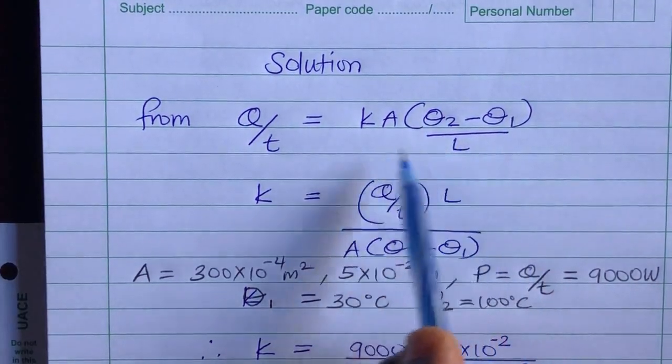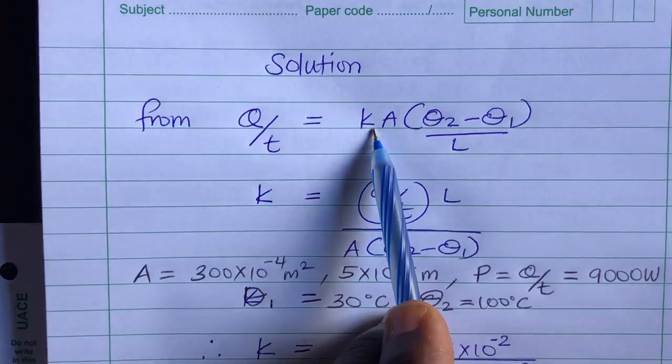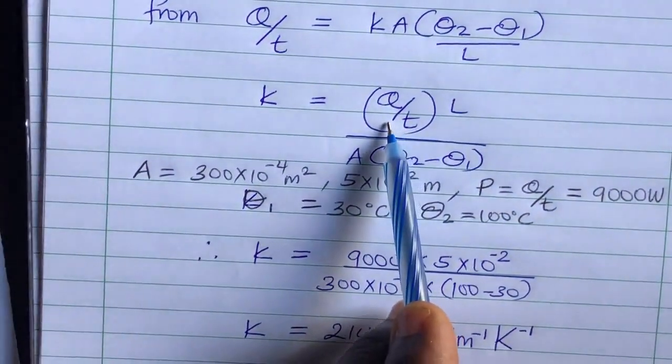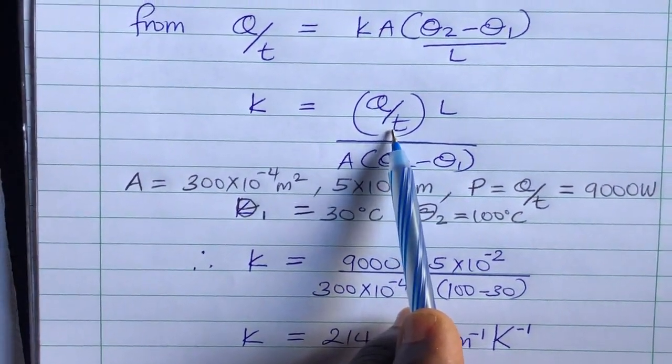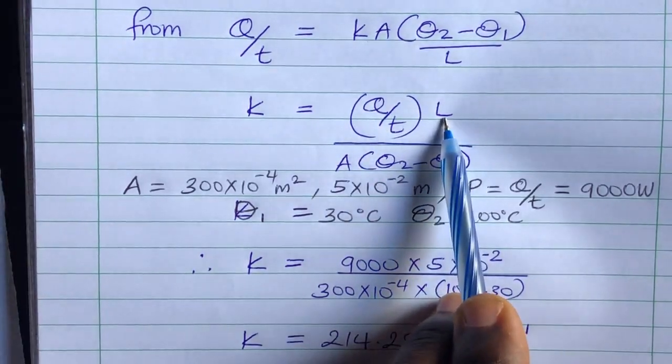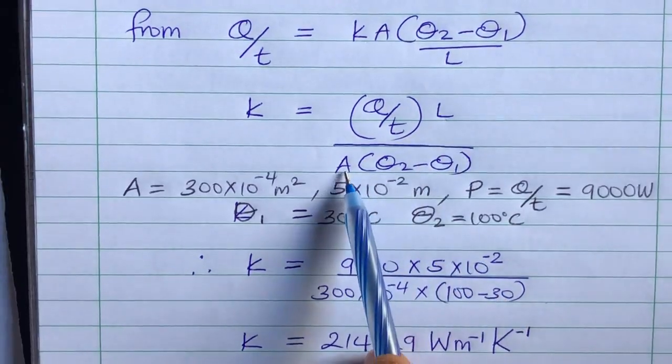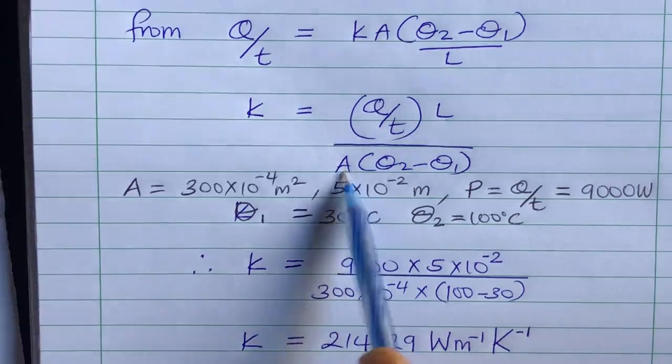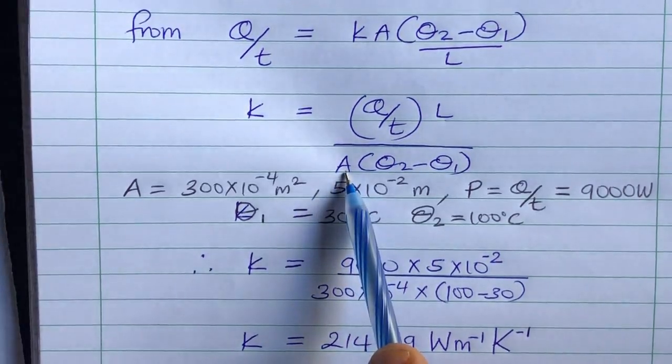And from there, since we want K, we shall make K the subject, whereby K will be given by the rate of heat transfer times the length of the conductor or thickness